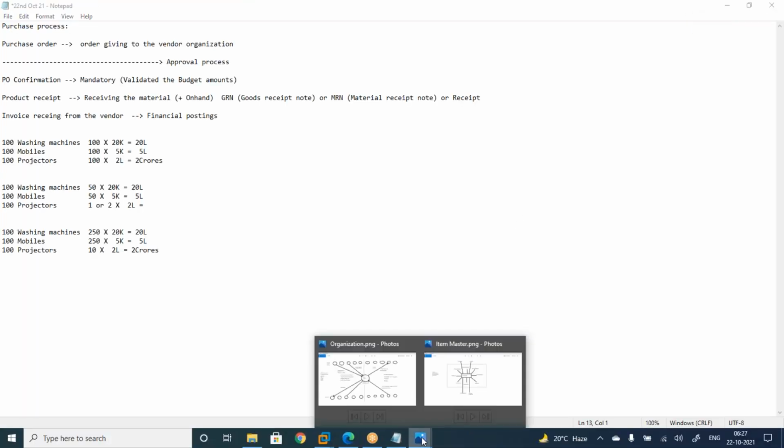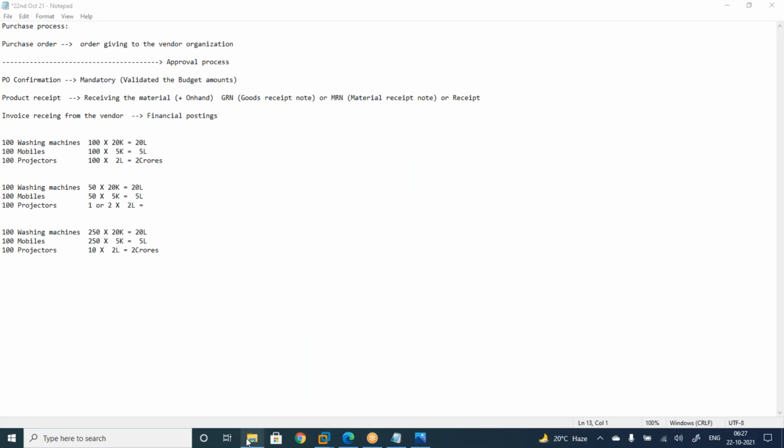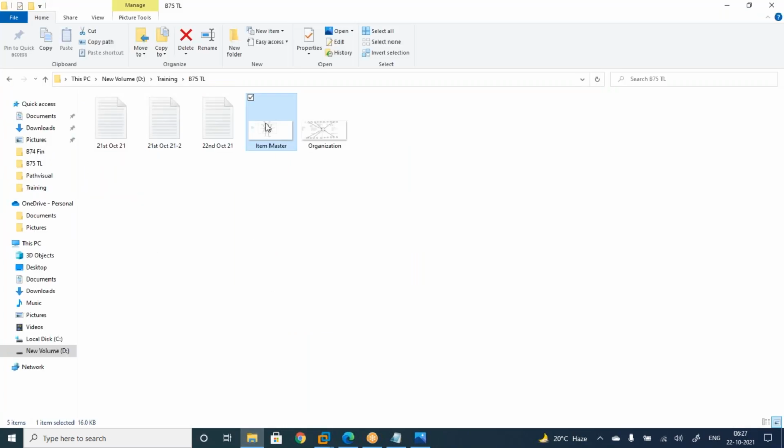Okay, while it is loading, let me discuss here. The storage dimension group has 5 items. Give me a second. Let me open Paintbrush.